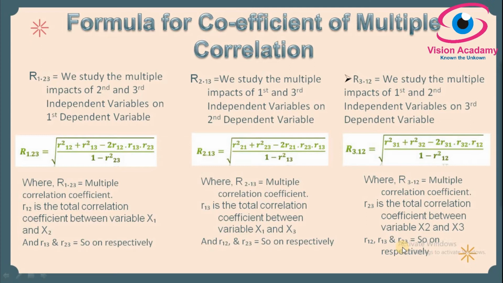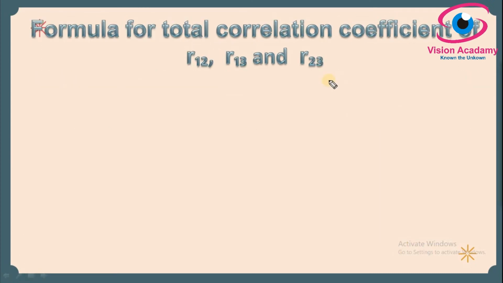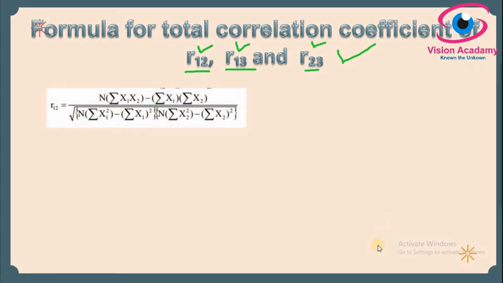So we have to consider some formulas for that too, which means if you want to calculate the multiple correlation coefficient R1.23, the basic elements are the correlations R12, R13, R23. Finding these things is very essential. Sometimes they have directly given R12, R13, R23, then you can directly apply R1.23, R2.13 and R3.12. Otherwise from the raw data you need to calculate R12, R13 and R23. So let us understand what formula we use to calculate this.